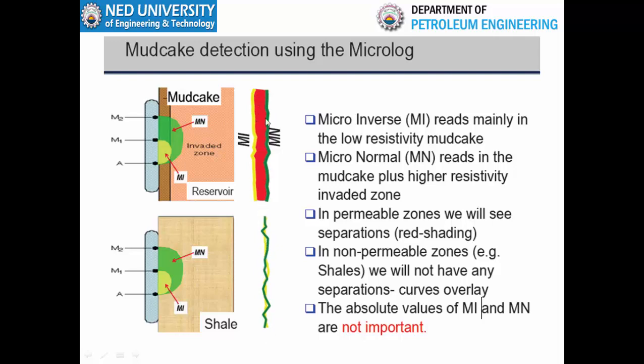And when you have the separation, one log is measuring some resistivity and the other log is measuring some other resistivity. Both logs are measuring different resistivities. So when you have separation, the separation indicates that this zone is the permeable zone, and permeable zones are the possible hydrocarbon bearing zones. Impermeable zones we do not treat as reservoir rocks because permeability is the important property of the reservoir. So that's how we use the separation between the shallowest and the deep log to identify the permeable zone.